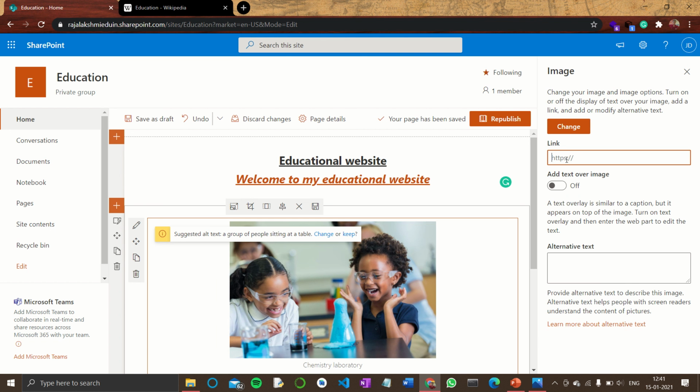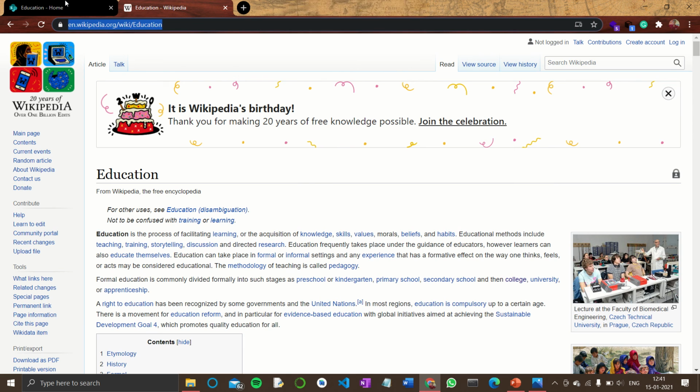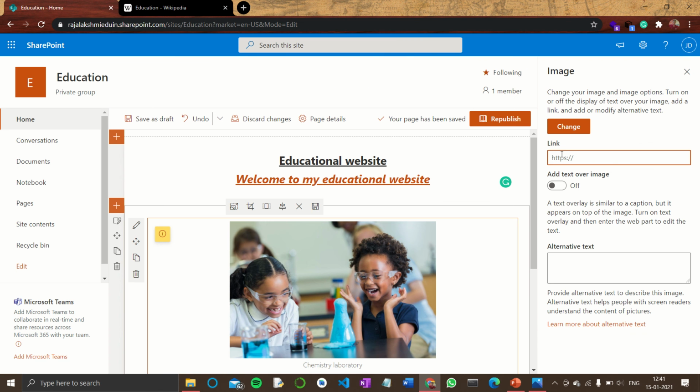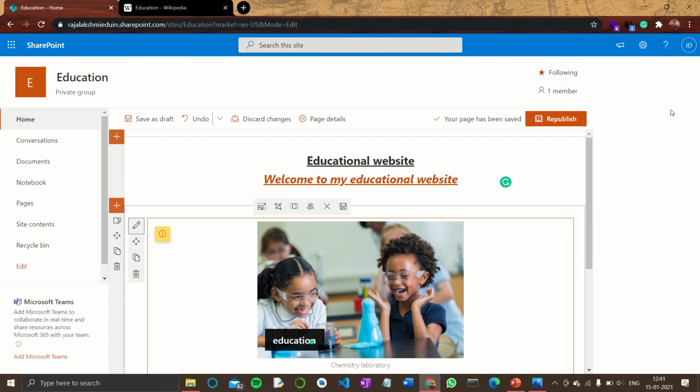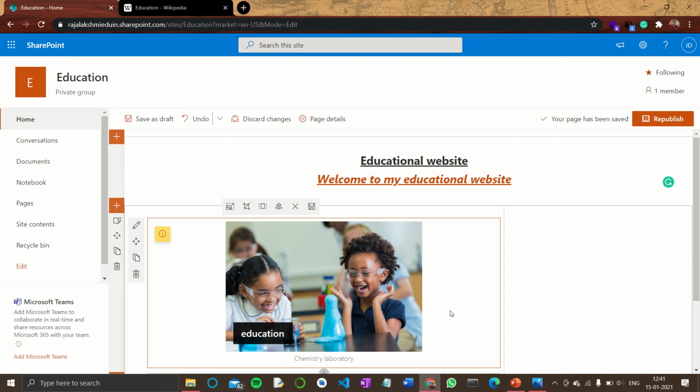In some cases, if on pressing an image you have to go to a particular site, you can add your link there. I will add this Wikipedia link. If you need any text to be displayed over your image, you can add that. Like this, and you can close. So now this is ready.